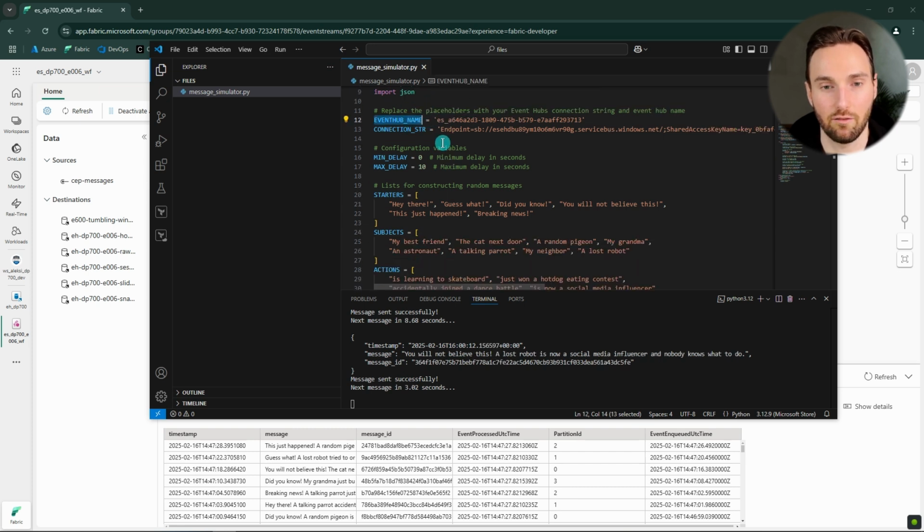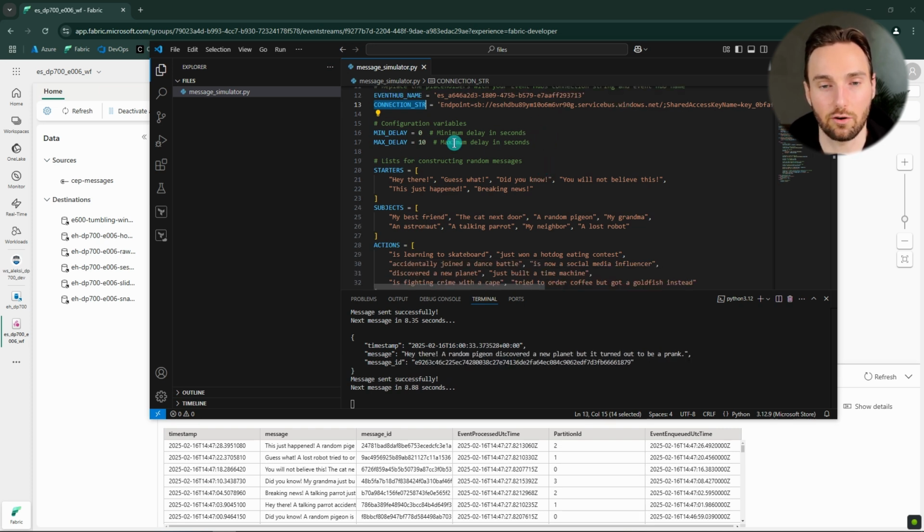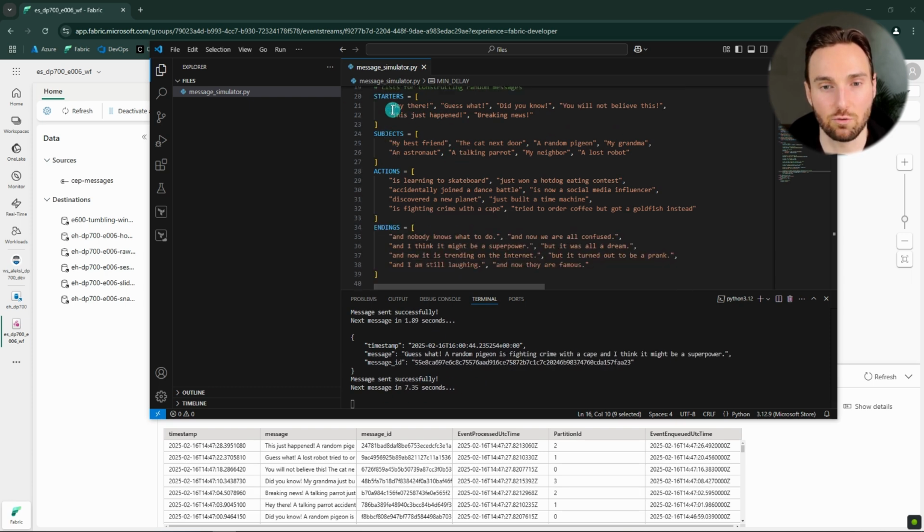So you would need the Event Hub name from your custom endpoint, and then the connection string that is actually a secret, so in some cases you don't really want to expose this, and then you would start to run this script. And this script will start to send messages to that custom endpoint by using this min and max delay parameter values here. So this will send messages every 0 to 10 seconds, and those messages will be combined